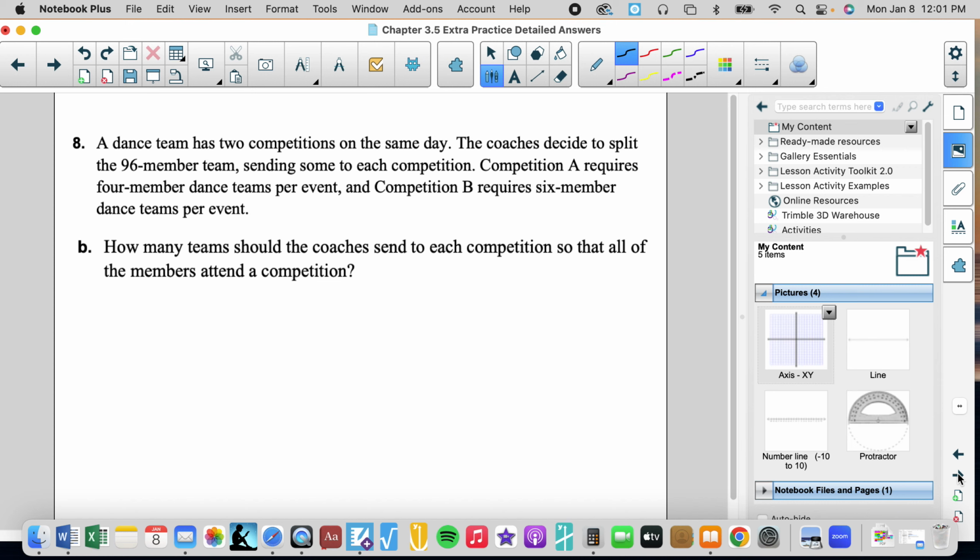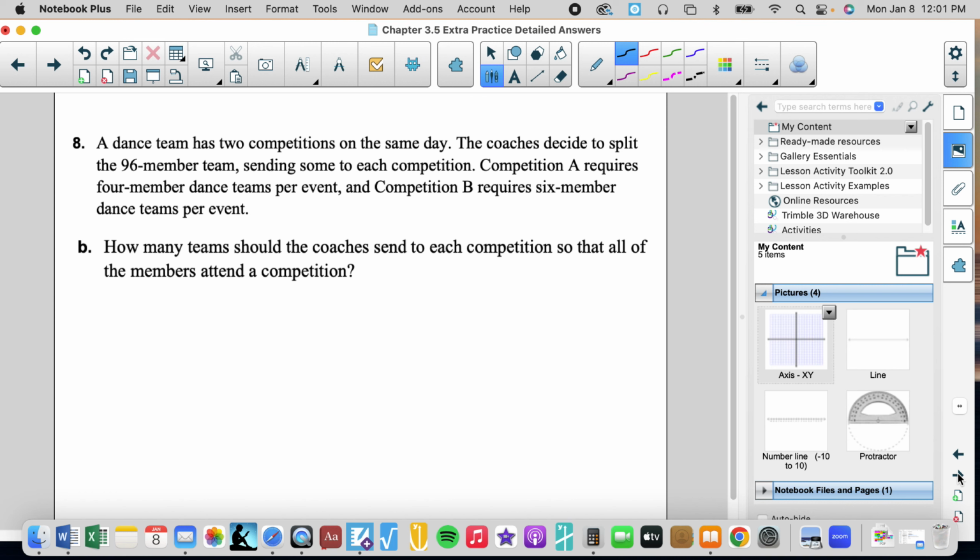How many teams should the coaches send to each competition so that all of the members attend a competition? Well, it's going to be somewhere between